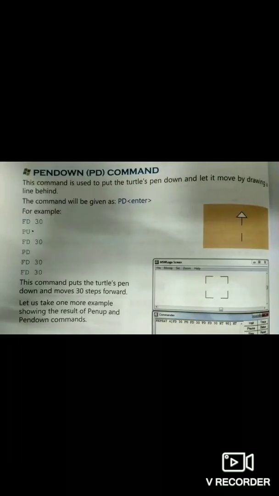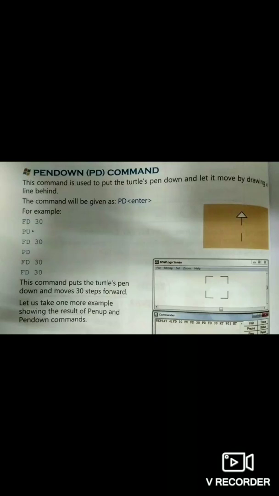Pen down command. You already have some idea regarding the pen down command, because in pen up, the turtle's pen is lifted up. In pen down, the command puts the turtle's pen down and lets it move by drawing a line behind it.